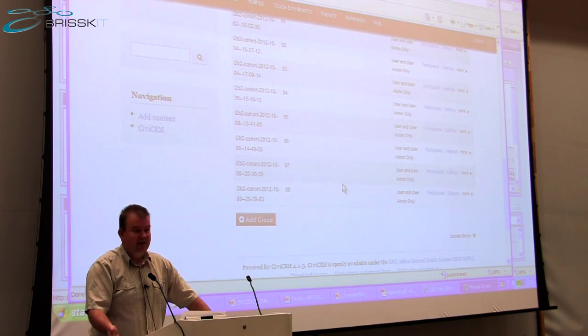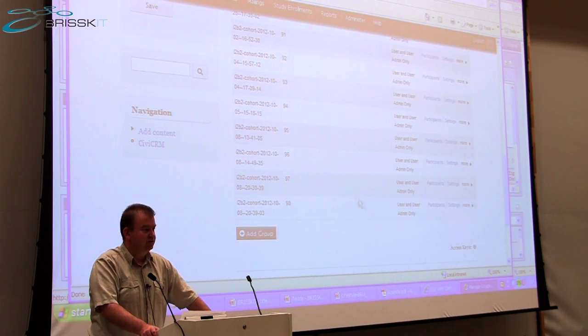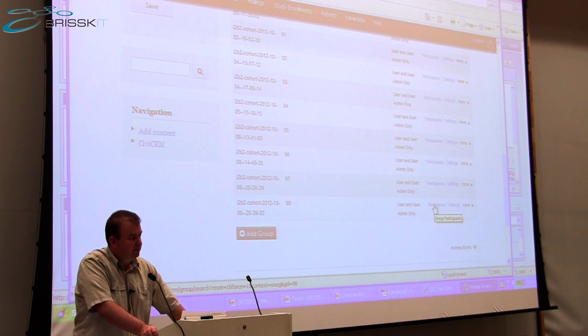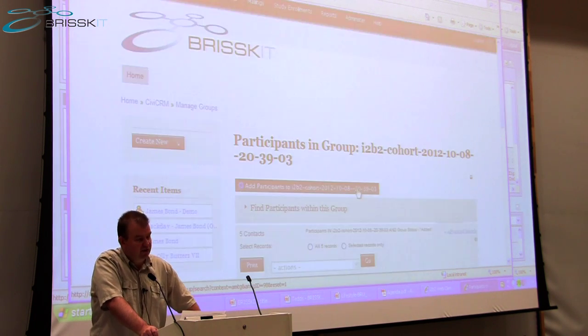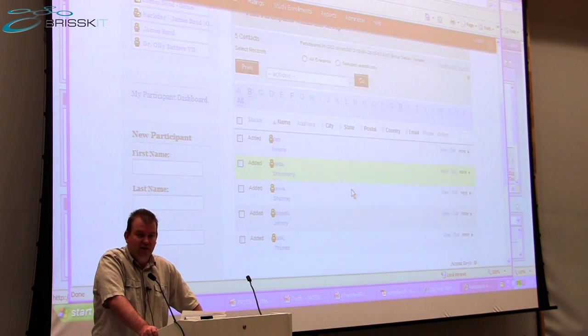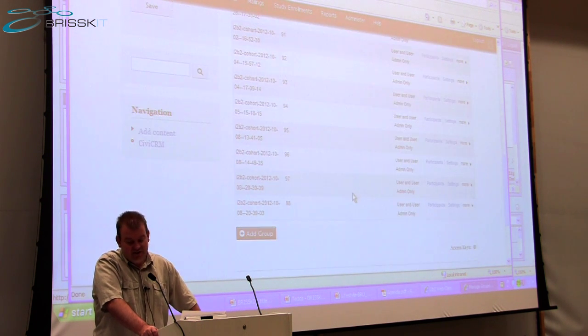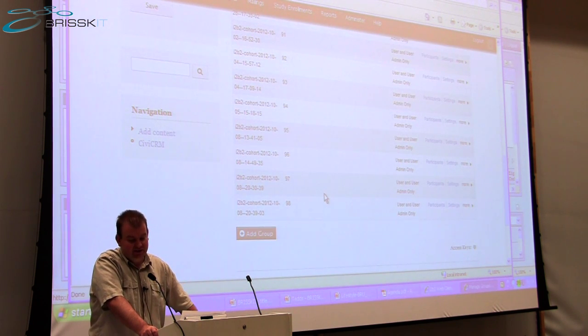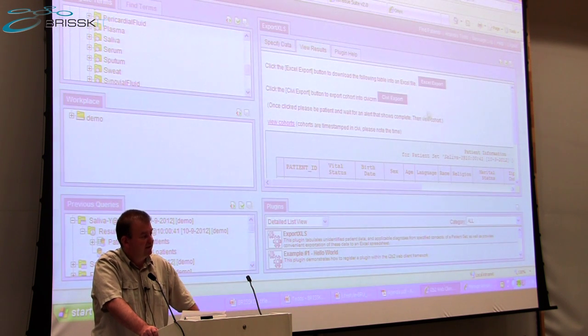For instance, if the study that Olly's just modelled perhaps involves asking people back in to complete a further questionnaire or undergo further diagnostic examinations, CIVI CRM has now built a cohort based on that search criteria run in